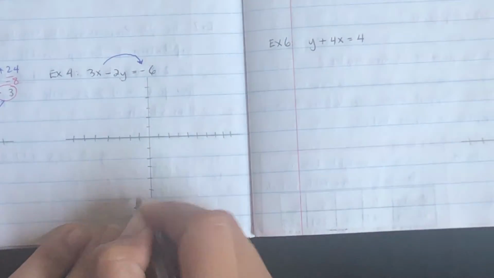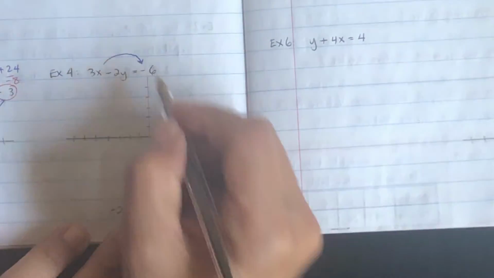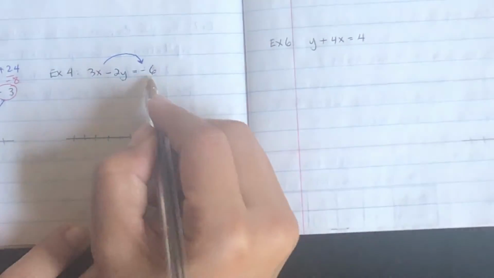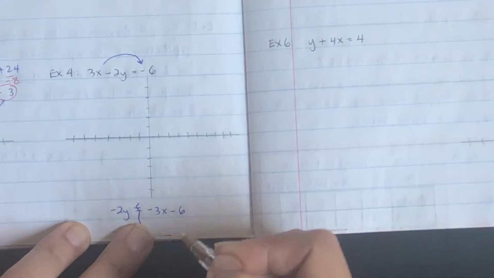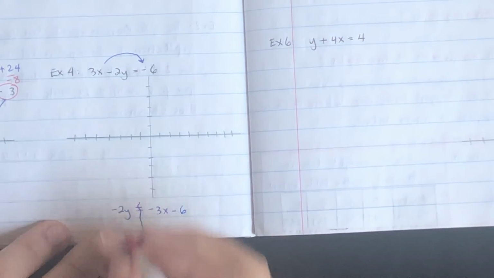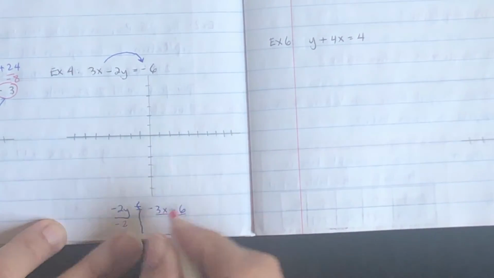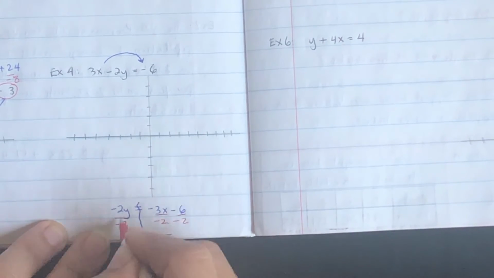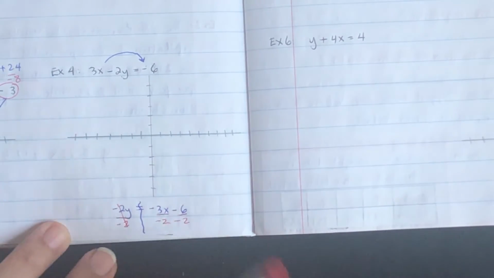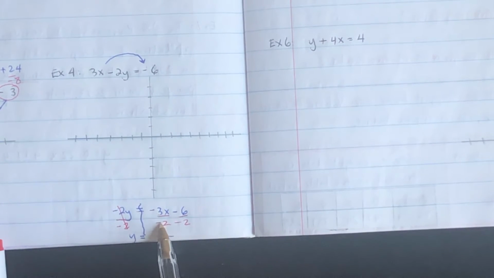So it's gonna be, what's left on the left is negative 2y. Then it's gonna be negative 3x and whatever's already there, which is negative 6. Okay. How do I get y by itself? I need to divide both sides by, I need to divide everything by what? Negative 2. So this goes away. So now I am left with y equals, and then negative divided by negative is a